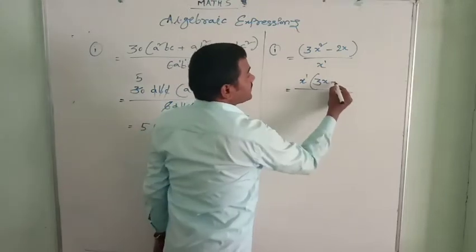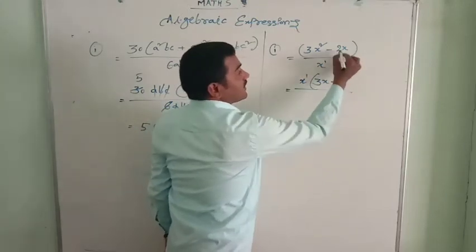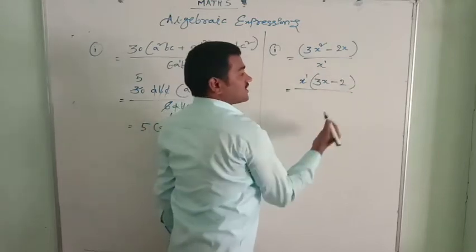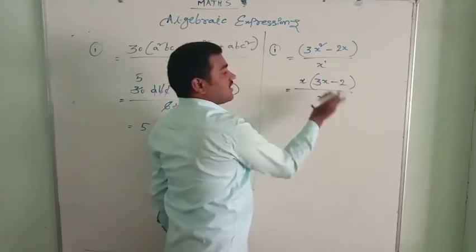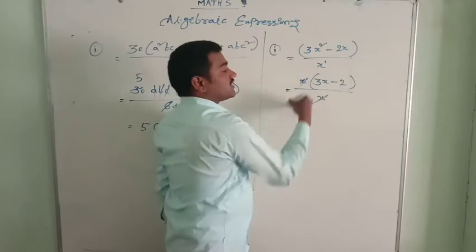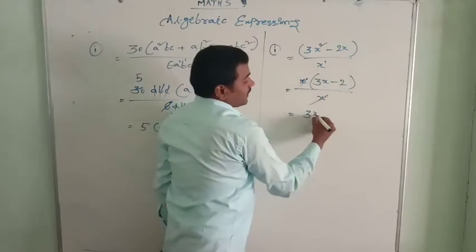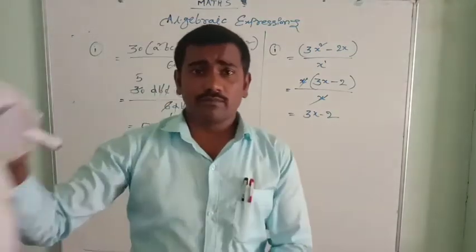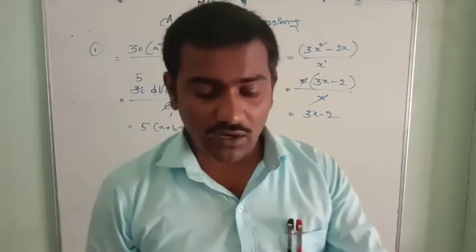So here minus 2, we write 2. Here there is x to the power of 1. Already with this x to the power of 1 we have taken common, so nothing is left. So as usual we write x in the denominator. And this 2 we cancel. The answer we are left with is 3x minus 2. So I hope you understand these divisions now.